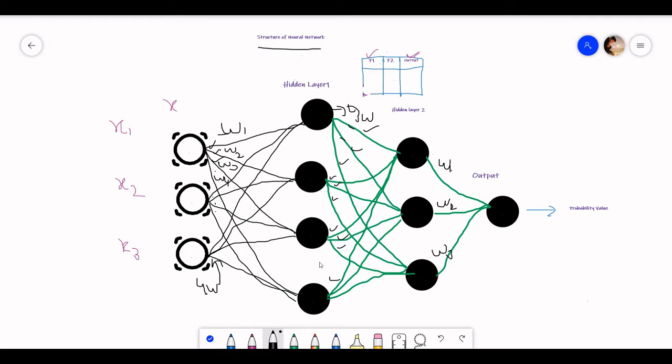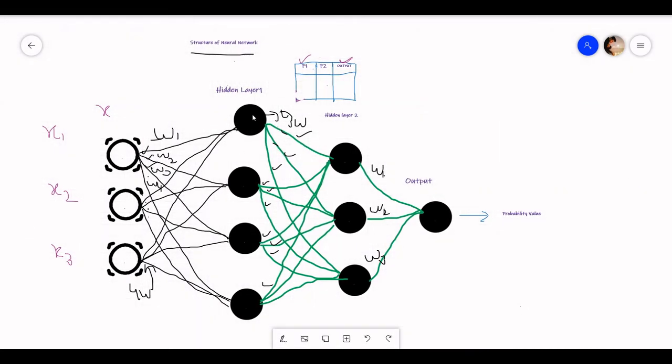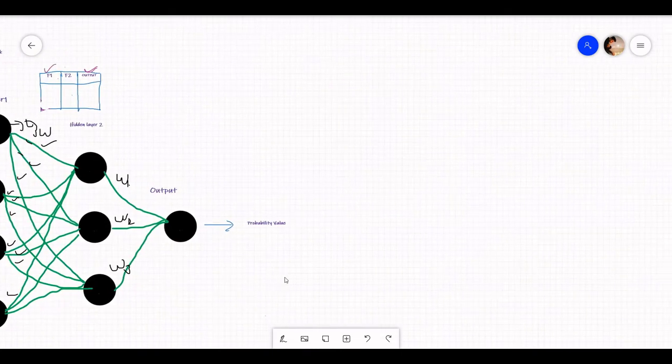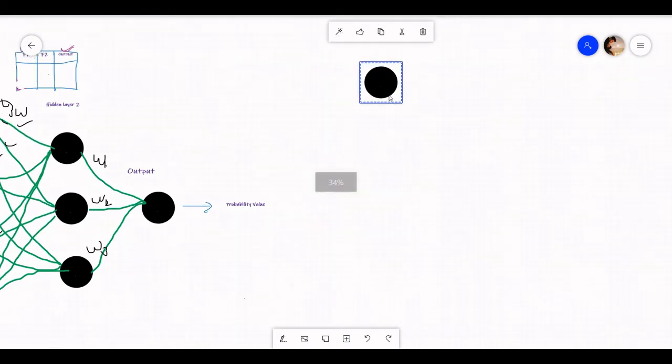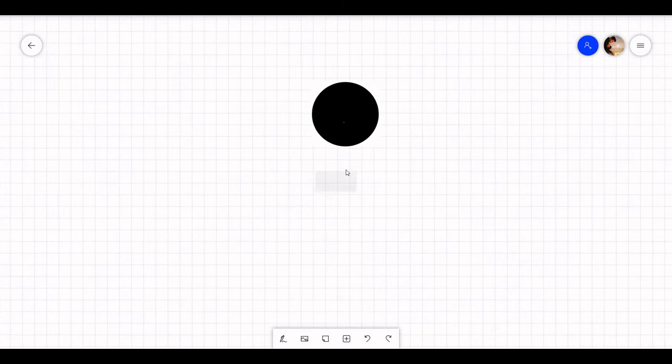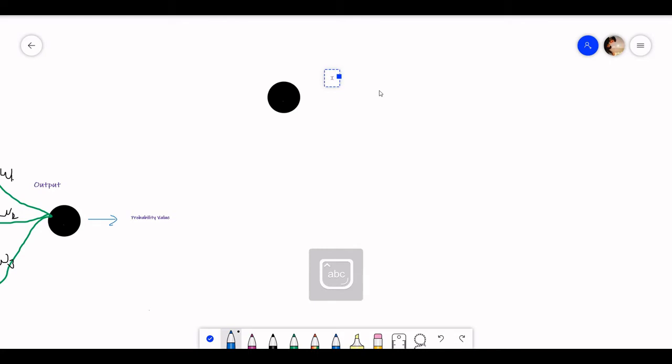Now we have to talk about what we do in this neuron, and why we have a hidden layer. Now we are going to talk about the hidden layer and its neurons. Suppose we have this neuron of our hidden layer. This neuron has to perform 2 operations.